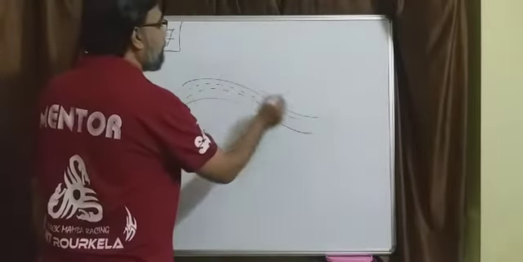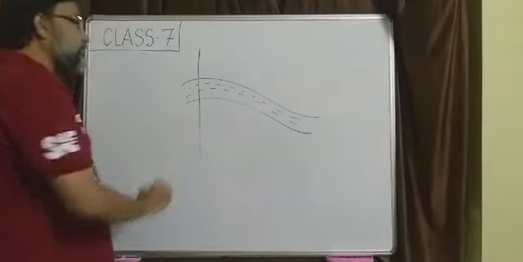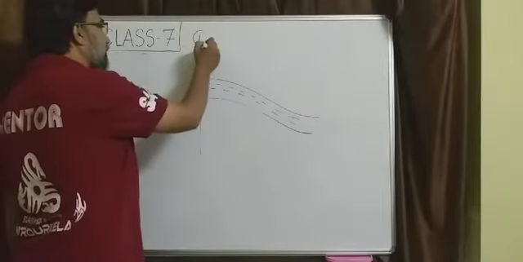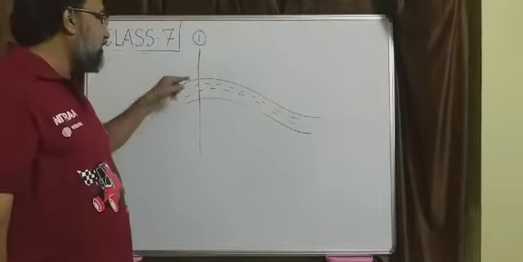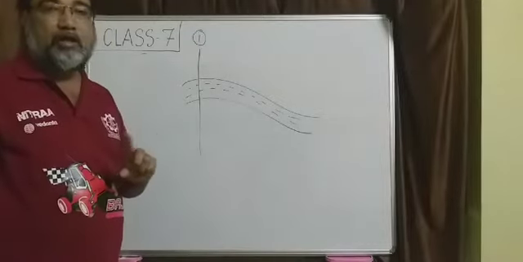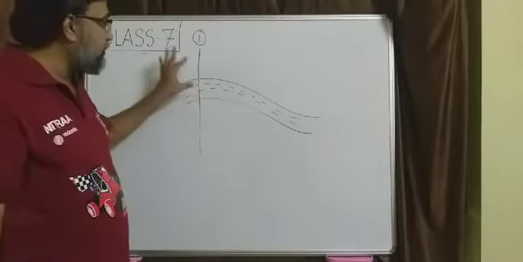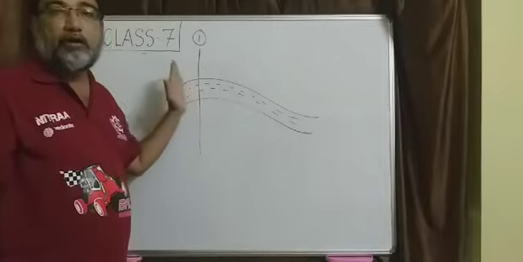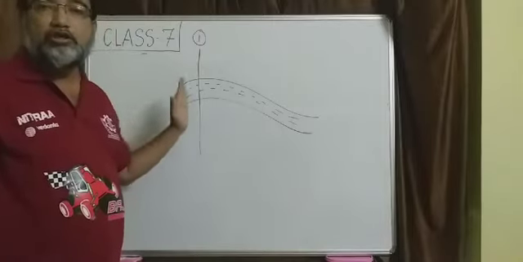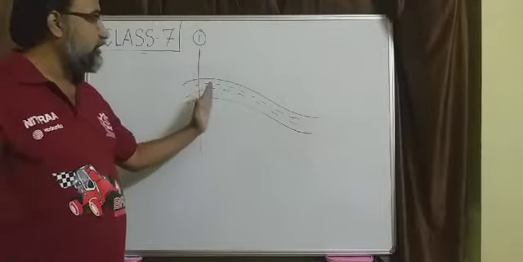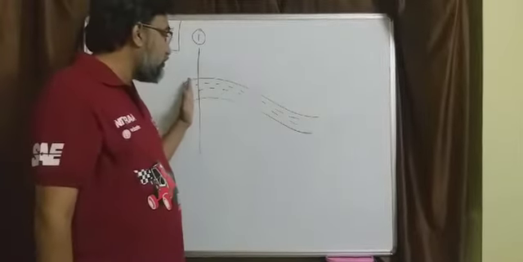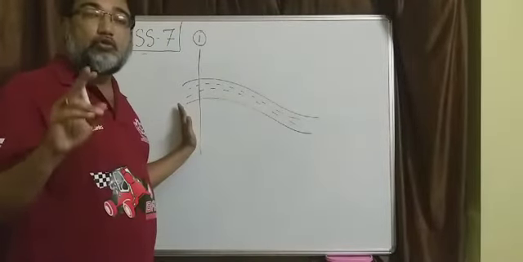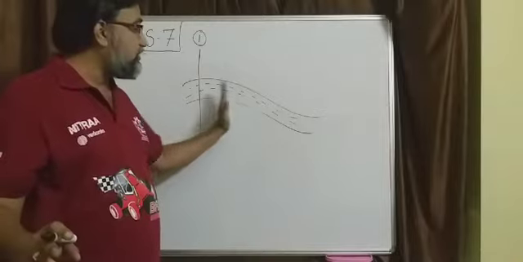Suppose some fluid is flowing, and I take a flow cross section here, at this location, let us say location 1. At this location, I measure all the properties of the fluid and I find that the properties of the fluid at a particular section or a particular point do not change with time. The properties may change from location to location, but at a particular location, if the properties do not change with time, then the flow is said to be steady.